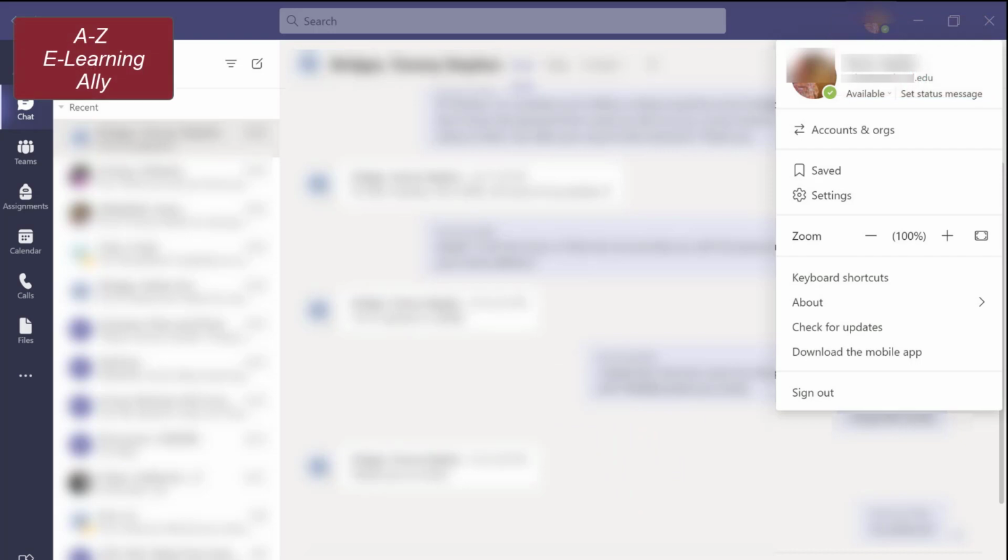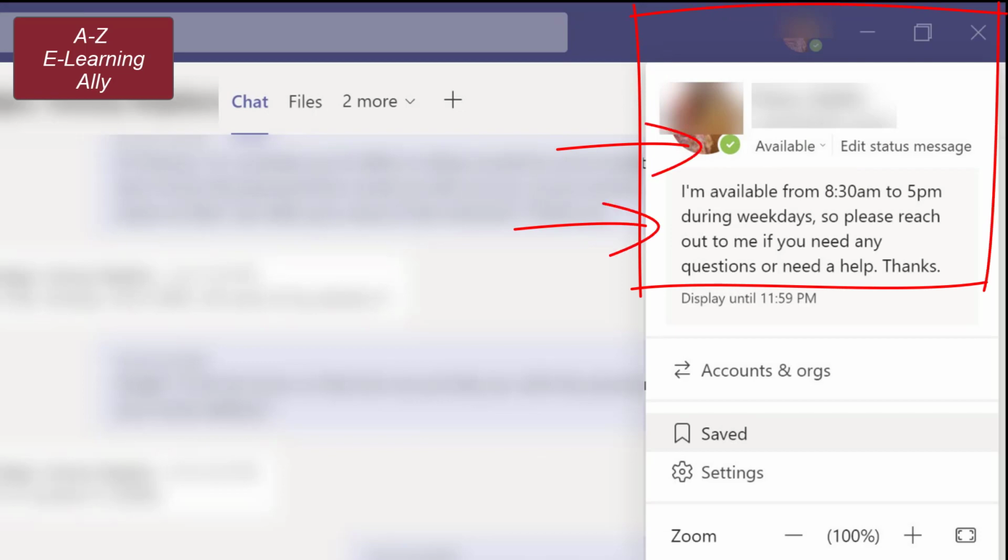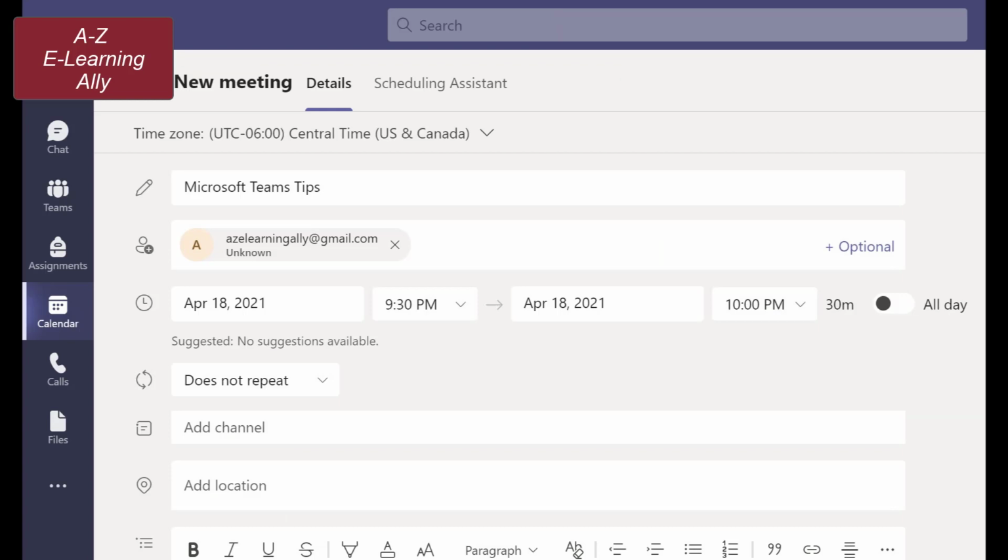Your status shows to the right of the Microsoft Teams on desktop. Here you can see how others see your status and message. You can also see how a guest email address can be entered, but I would suggest you validate their identity and his and/or her email address before sending an invitation.